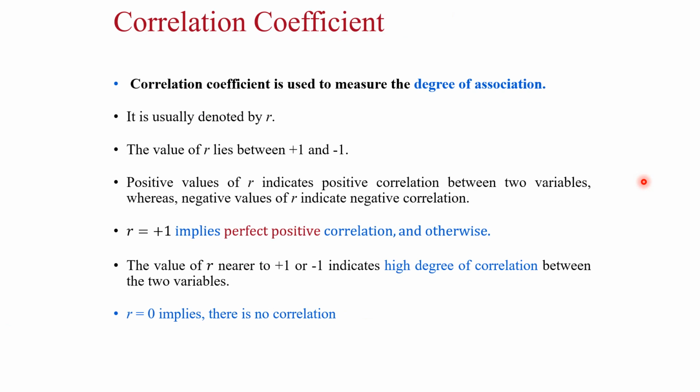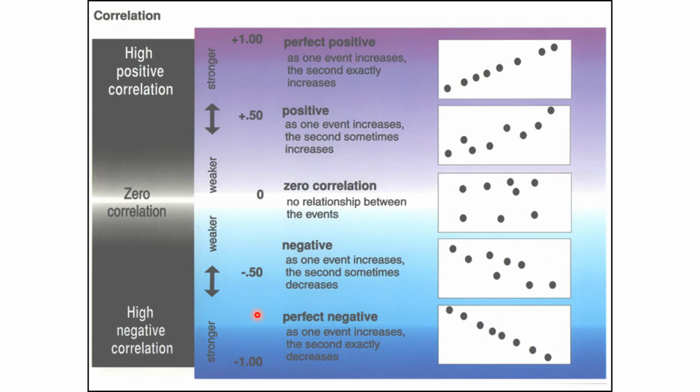Now the coefficient of correlation, always remember, is usually denoted by R, and we call this the Pearson product moment correlation, and it usually lies between +1 and -1 with 0 in between. +1 is perfect positive correlation, -1 is perfect negative correlation. So these things are all listed here. If you look at this, this is the continuum, -1 to +1. -1 is also very strong, +1 is also very strong, but -1 is high negative correlation, +1 is high positive correlation, and 0 is actually no correlation at all amongst the variables.